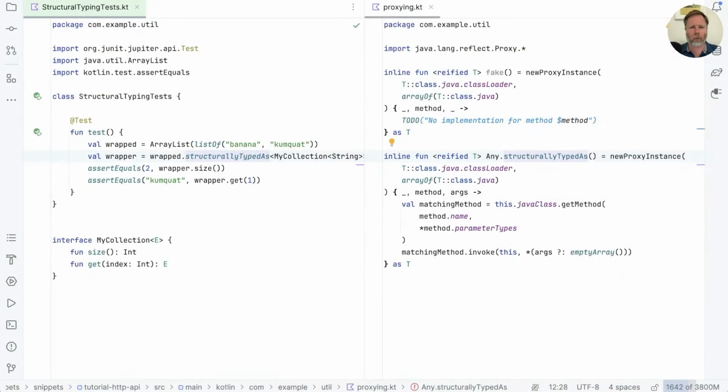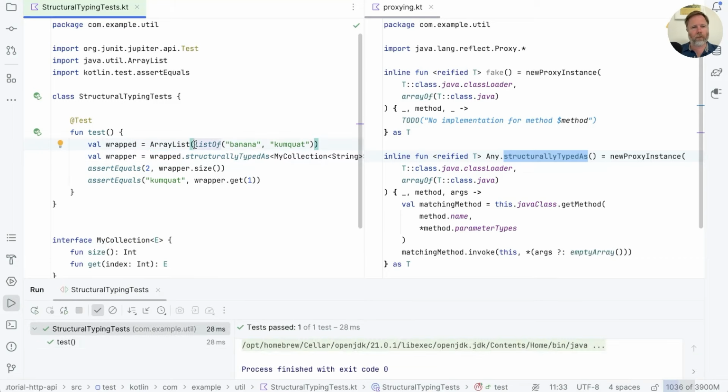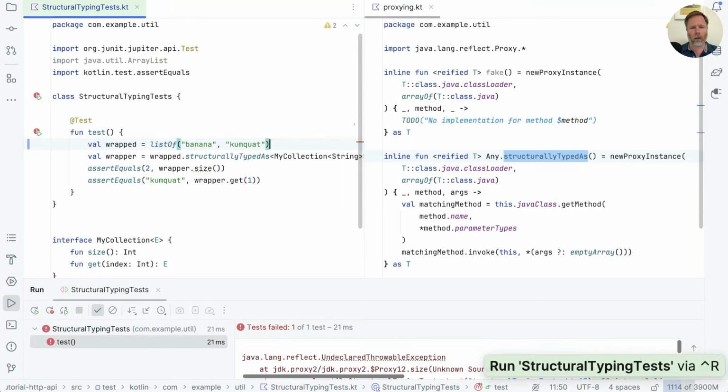We left the last episode with a bit of a conundrum, which is that our structurallyTypedAs extension here, which allows us to call through an interface like myCollection into methods with the same signature on a wrapped object, works fine like this. But if instead of using an ArrayList, we use the result from Kotlin listOf, it fails. It fails because we threw in this handler here, and the reason we threw is this illegal access